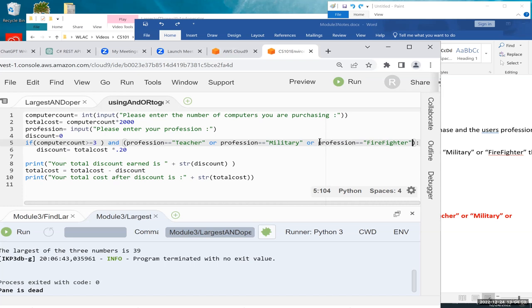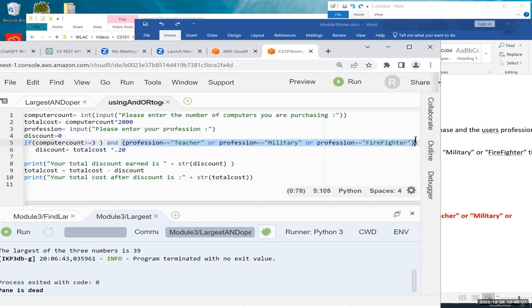Depending on where the parenthesis is placed, you're going to get a different result. So from your point of view, all of this is one condition. But when you type this one big condition into Python, you need to break this into 3 smaller conditions. And in this if condition, you are grouping these conditions. You are saying that is one condition, and then you are telling the computer, group all of these, or in other words, treat all of these as one condition. So if any one of these is true, then this